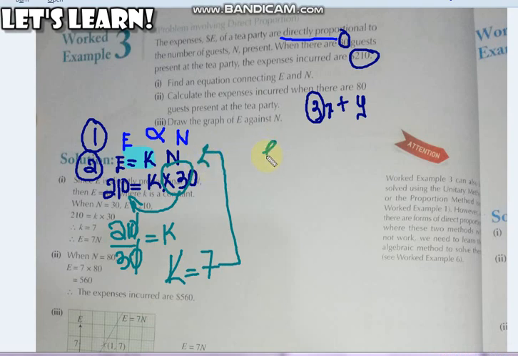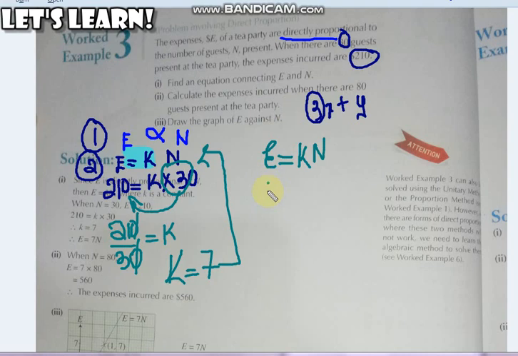So rewrite the equation we had in the beginning. E is equal to k n. I know that the values of E and n will change forever. Guests भी change होते रहेंगे and the expenses will also change, because you will never have the same number of guests every time. But there is one thing which will stay the same forever. That is the constant value.